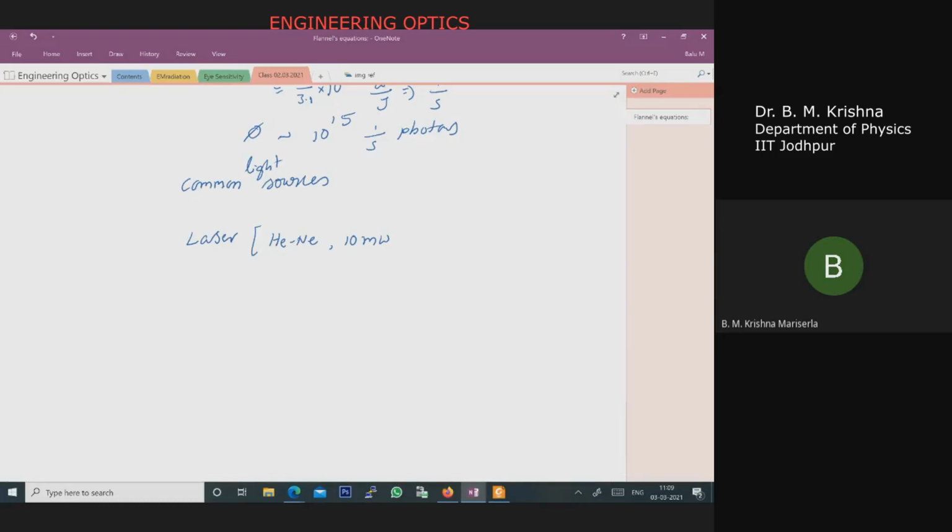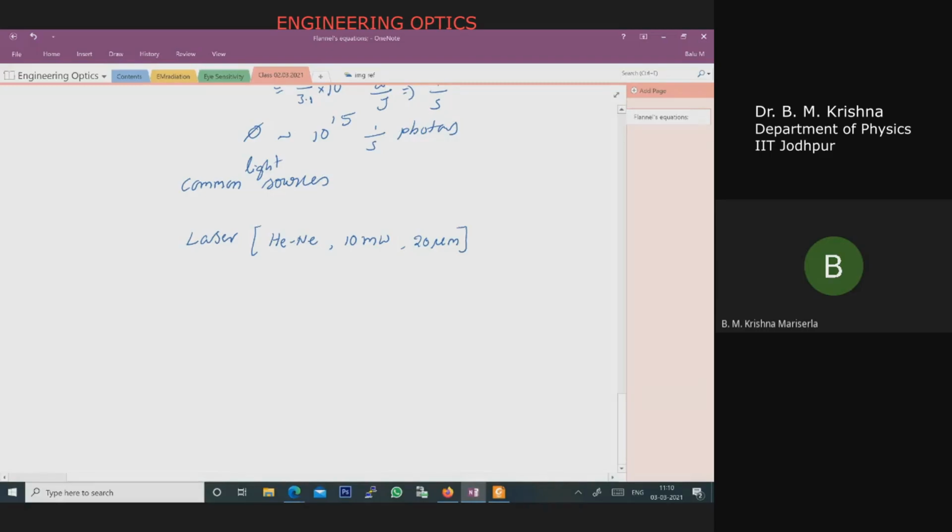So this will produce a lasing action giving a power of 10 milliwatt, and whatever output is coming in, you are focusing to a few micrometers. Right now, for example, I'm saying I'm focusing to a 20 micron spot. How we are focusing, we will see later. Maybe you are aware that one can focus the light using a lens. Depending on the focal length, how far and at what sizes you can focus can be decided by the beam diameter and the lens focal length you are using.